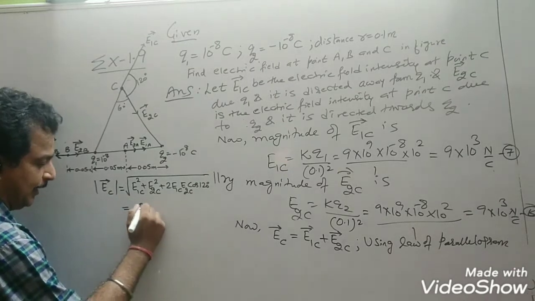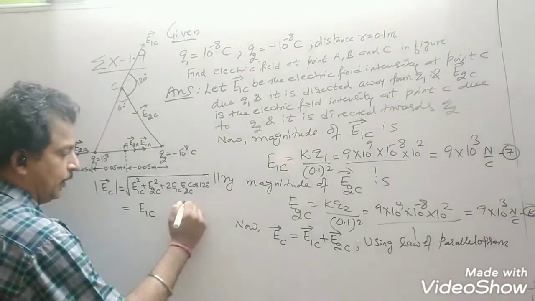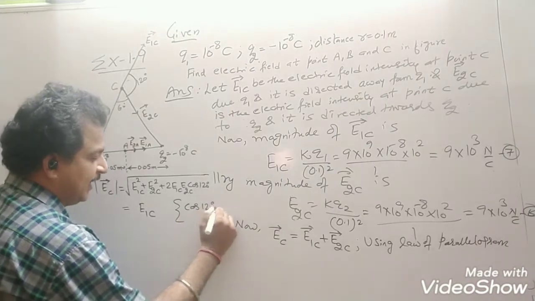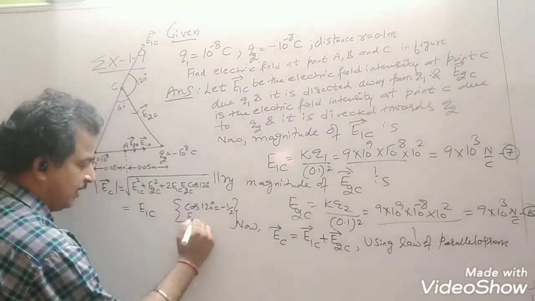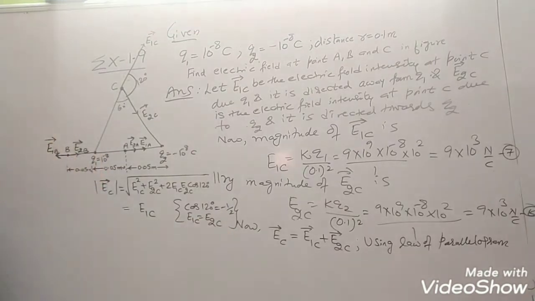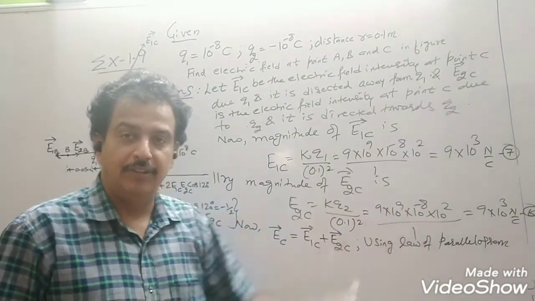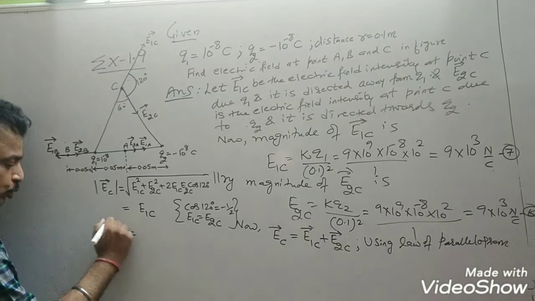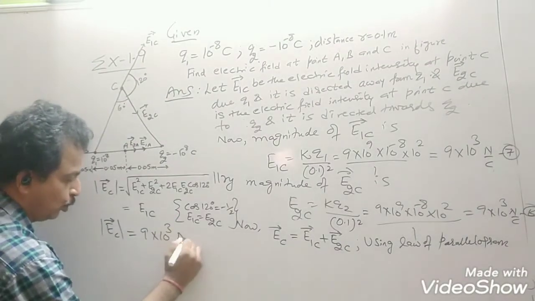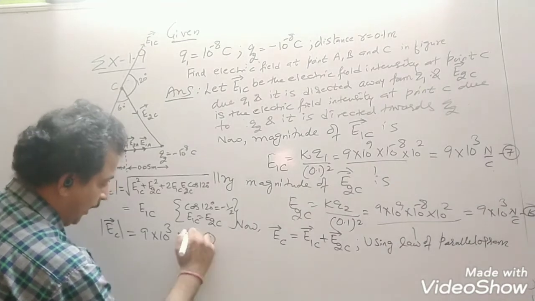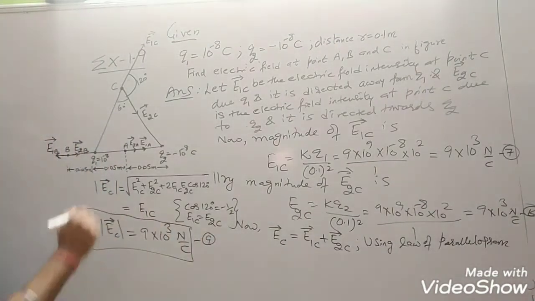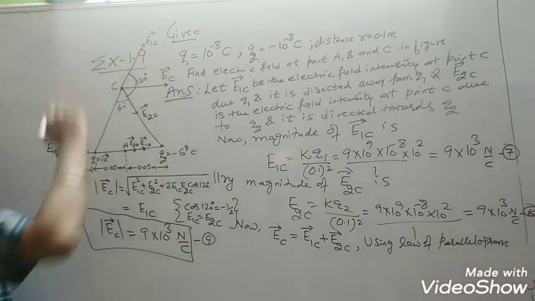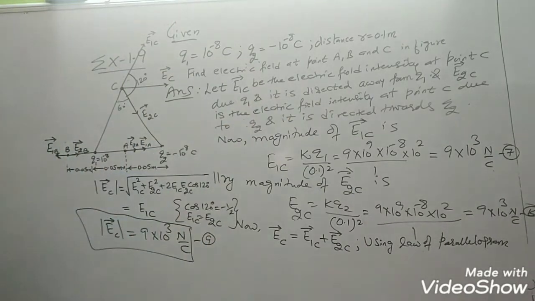So it comes out to be either you can write E1C or E2C. We mention in bracket cos 120 is equal to minus half and E1C is equal to E2C. So resultant comes out to be same if the angle between the two vectors is 120. So the magnitude comes out to be again 9 into 10 raised to 3 Newton per Coulomb. That is equation 9 and our final answer for the magnitude. Now direction, it should be in between. So this direction is of EC and it is again directed towards right.